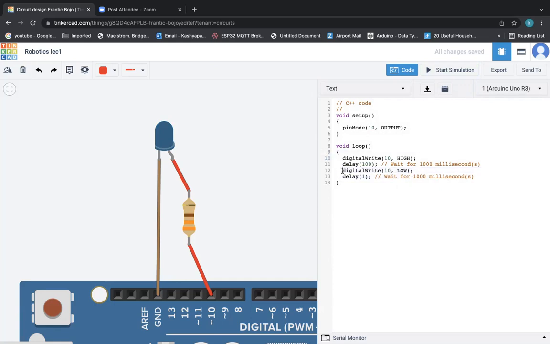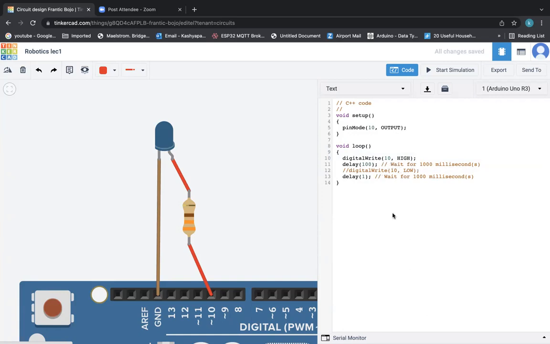If I don't want this LED to blink, if I don't want this LED to switch off even for a second, even for a microsecond, I can simply take this line out. So there are two ways. One way is to delete this line and the other way is to type 2 forward slashes. 2 forward slashes means we are commenting it out.